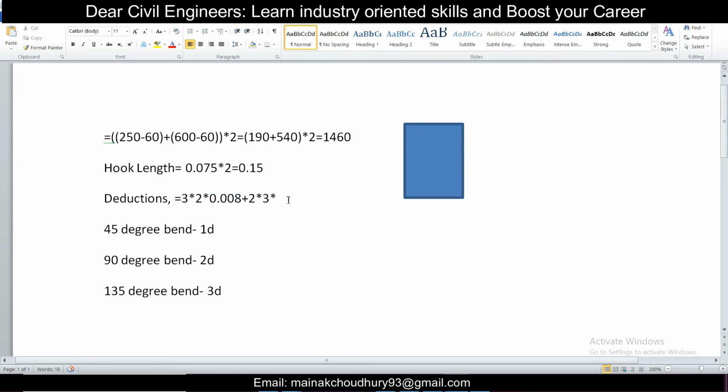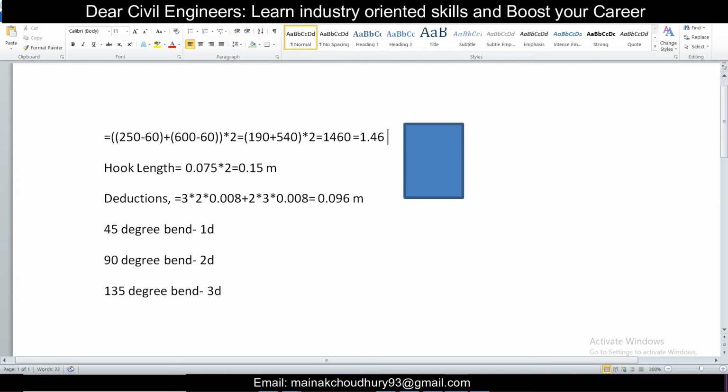0.008. So if we multiply and find out the value, it will be 3 into 2 into 0.008 plus 2 into 3 into 0.008. So it is 3 numbers of 90 degree bend and 2 numbers of 135 degree bend. So total value comes 0.096. All the values are in meter here. This is 0.15 meter. This is also in meter, and if you do it in meter, it will be